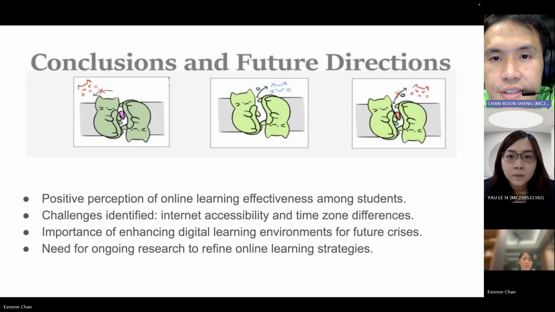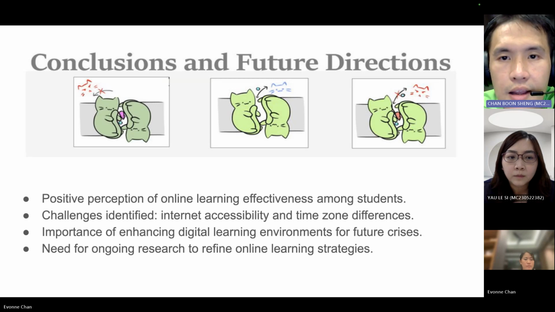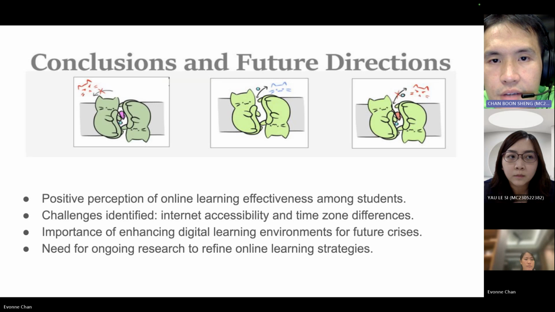Despite these limitations, Demuyekor's study provides invaluable insights into the effectiveness of online learning during an unparalleled global crisis. The positive perception of online learning's effectiveness among Ghanaian students, coupled with their satisfaction with the available learning resources, highlights the potential of digital education in emergencies.